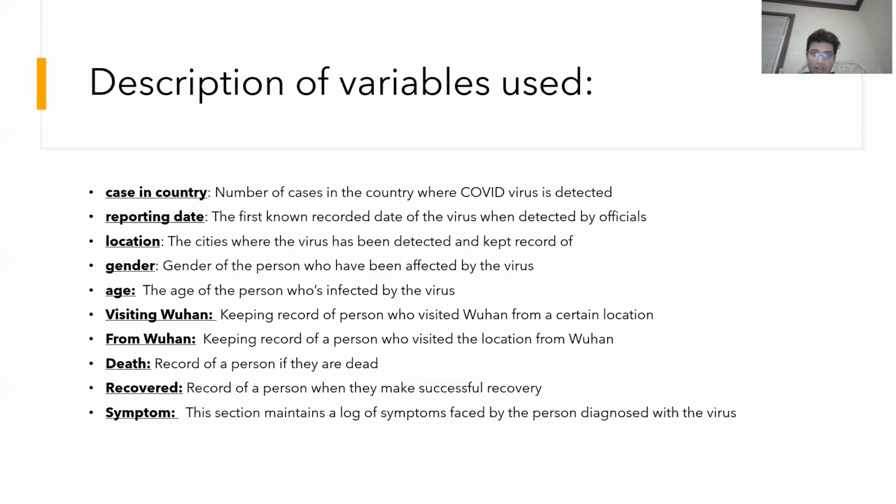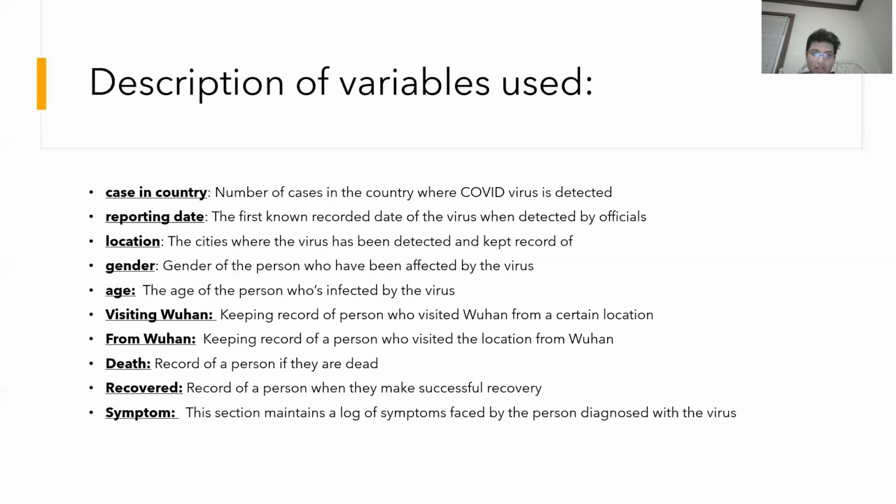As I said before, Wuhan is one of the most industrial-oriented cities in China. So there is a lot of movement of people for industrial purposes, be it workers or people from abroad going and visiting the places to keep track of the manufacturing and so on. So this is an important aspect. So why this should be kept a tab on.